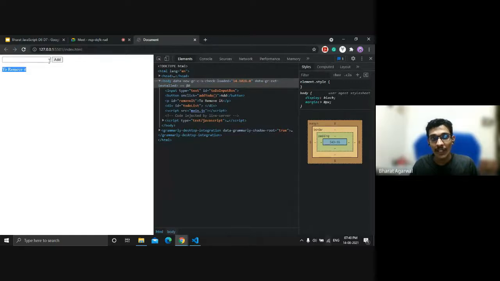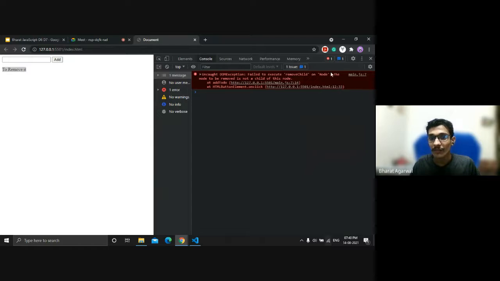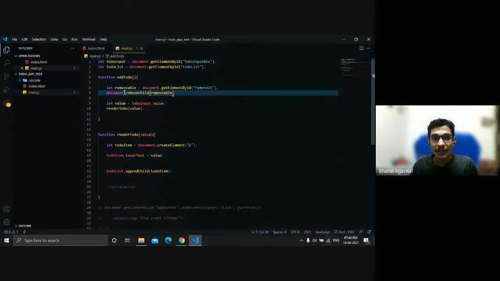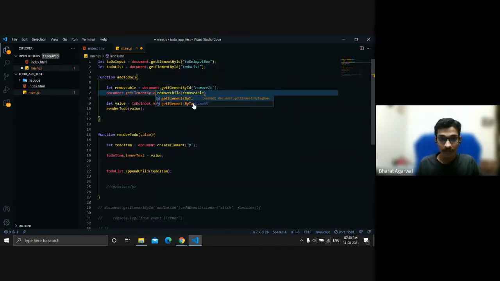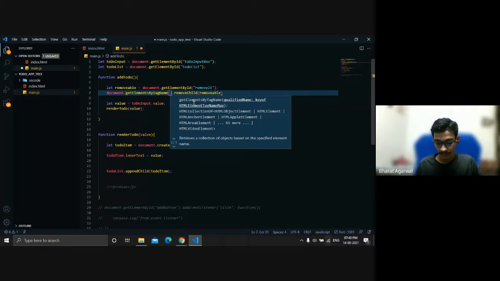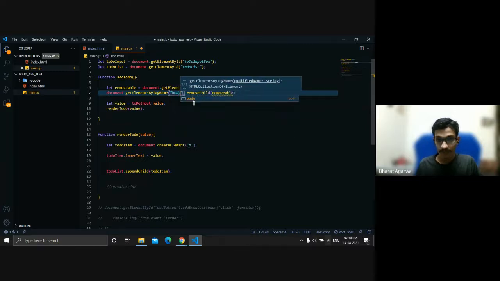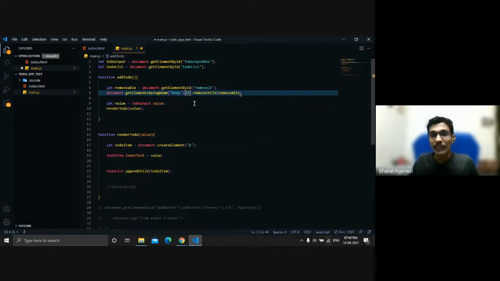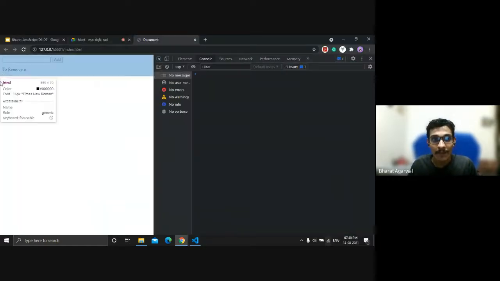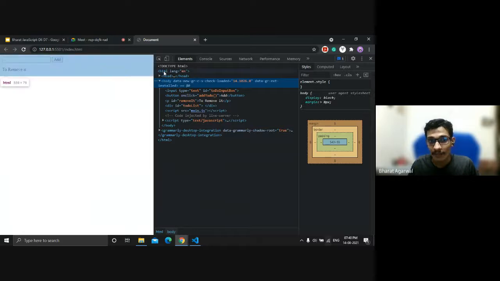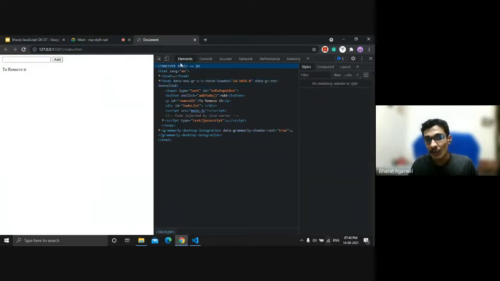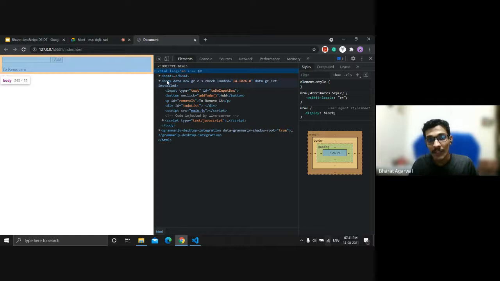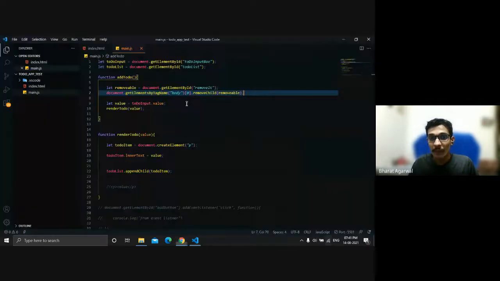Remove it element is over here, but as soon as I click on this one, oops, I got something. Since the hierarchy is something like, our document is referring to this over here, but we want a node which is inside body, so we should be passing the reference of body as well.